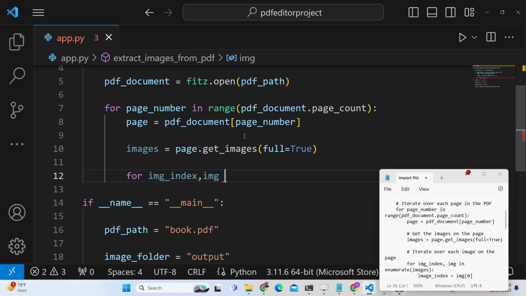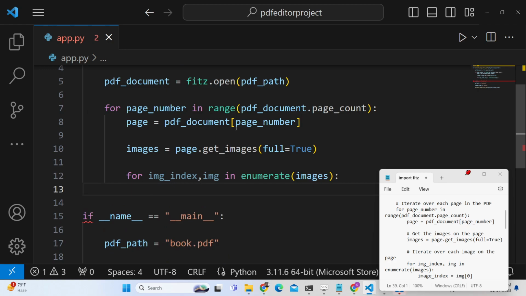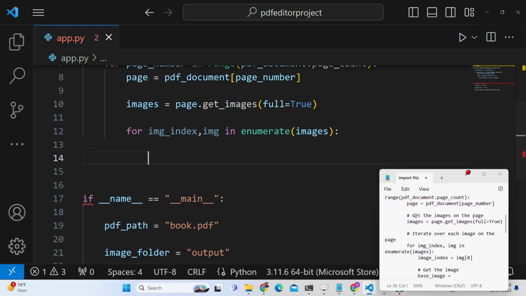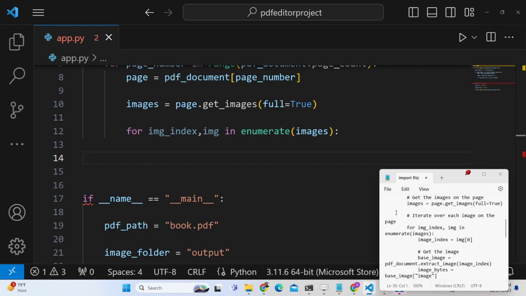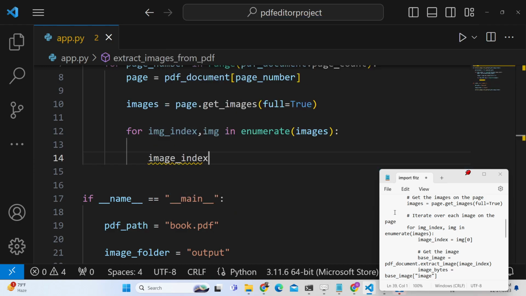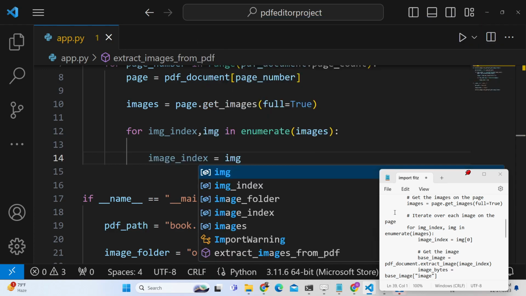we will run this enumerate. We will pass this. So this will detect if it's an array or not. If images are found, in that case, we will save it. Now to save this, it's very easy. We will get the image index by using image 0,